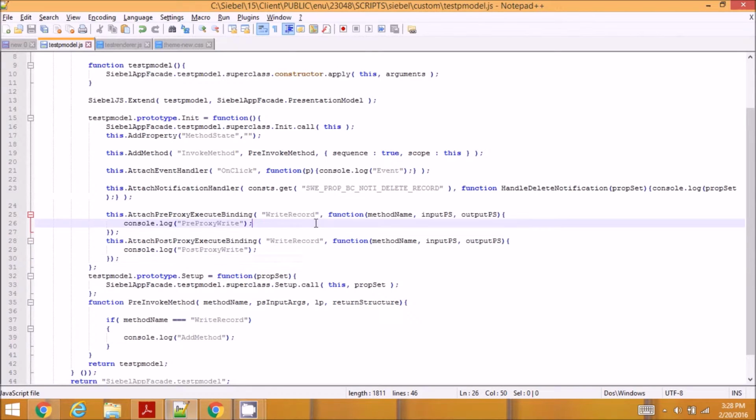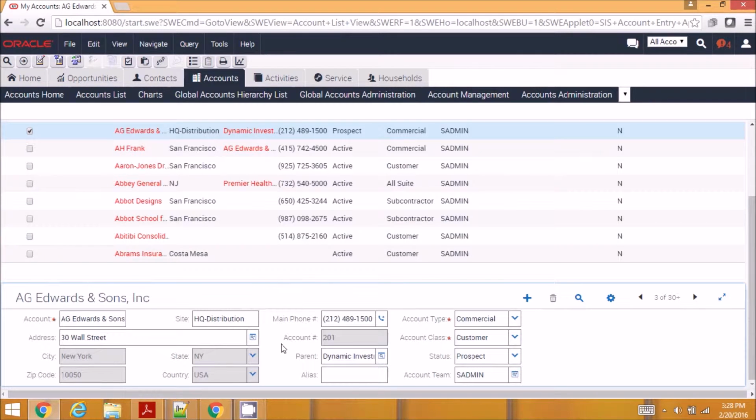So these functions, these methods that you see here, do the building of the UI. For example, I'm already in an applet. Once I click on query here, the applet